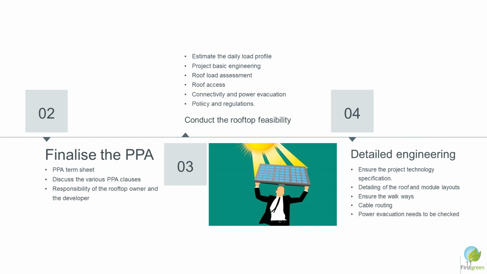So essentially, if you are considering a rooftop solar, especially in the CNI segment, then please ensure that whatever electricity you generate, your daily generation profile should be matched with the consumption profile. So any excess generation should be evaluated properly during the feasibility study. You should also ensure that you get a proper roof access. There should be proper walkways available so that you can reach the roof, during installation as well as O&M of the project.